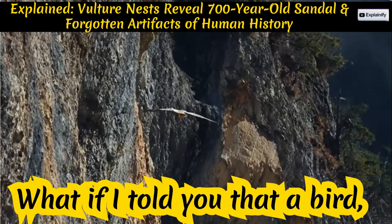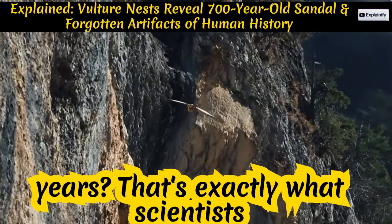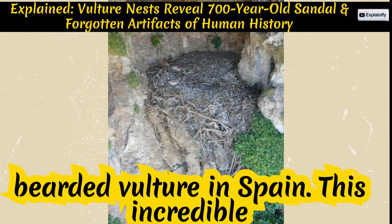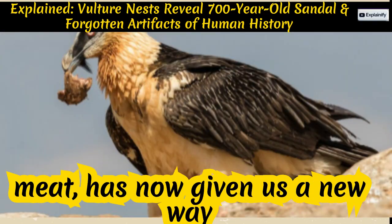What if I told you that a bird, not an archaeologist, has been keeping pieces of human history safe for over 700 years? That's exactly what scientists just found inside the nests of the bearded vulture in Spain. This incredible bird, known for eating bones instead of meat, has now given us a new way to look at